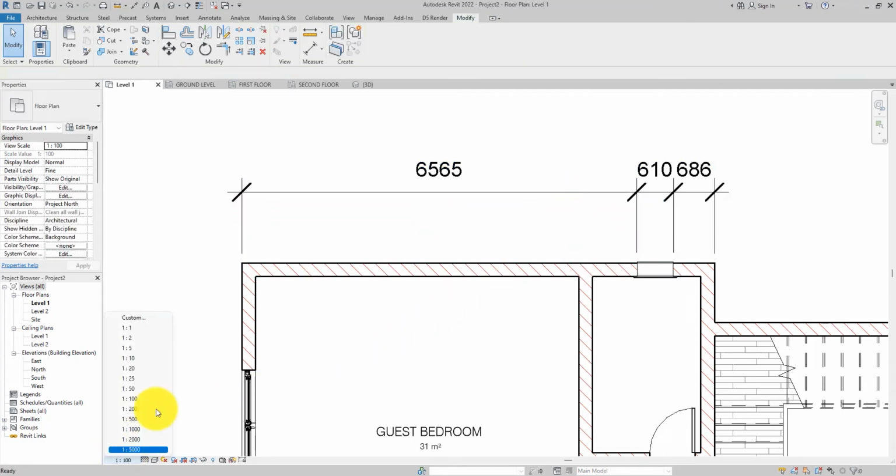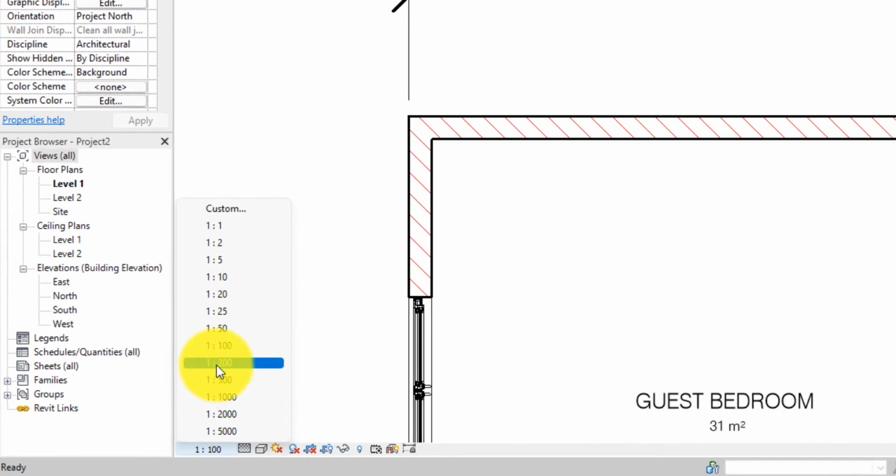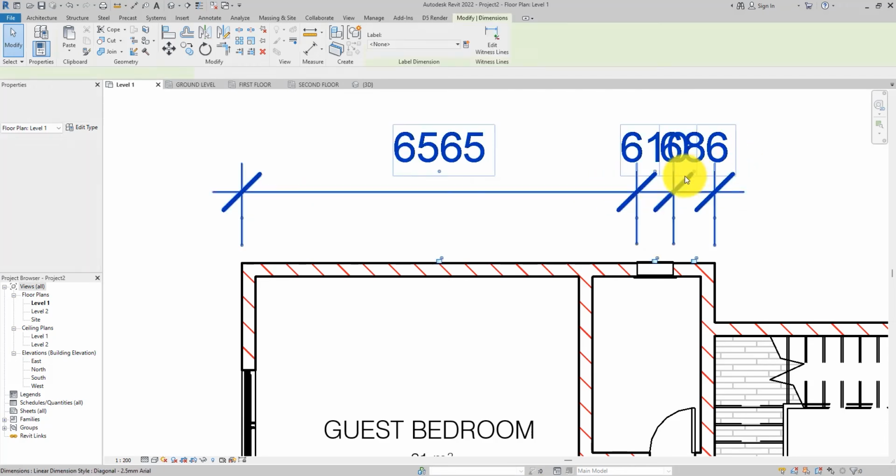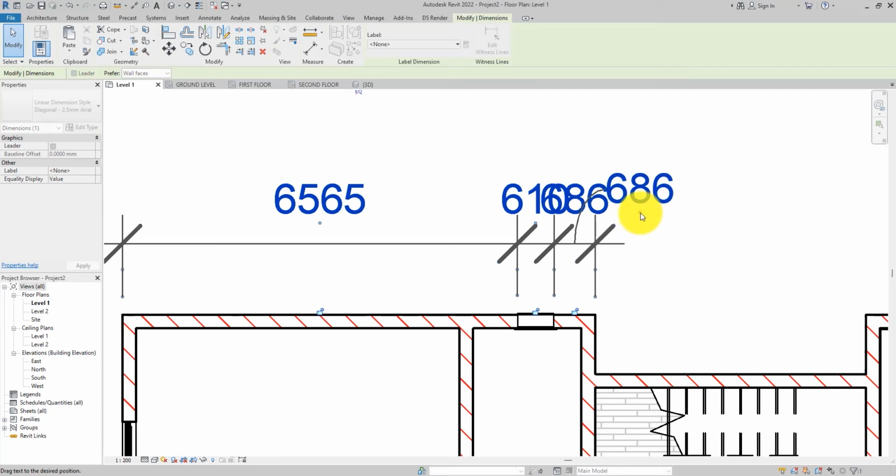Okay, for any reason, let's say you want to place this drawing on a sheet, and for the sheet to be able to accommodate this drawing, you need to change the scale. You change this scale to, let's say, 1:200. You can see the dimension lines are even covering each other. You can pull it apart with the help of a leader. You can separate it, but then